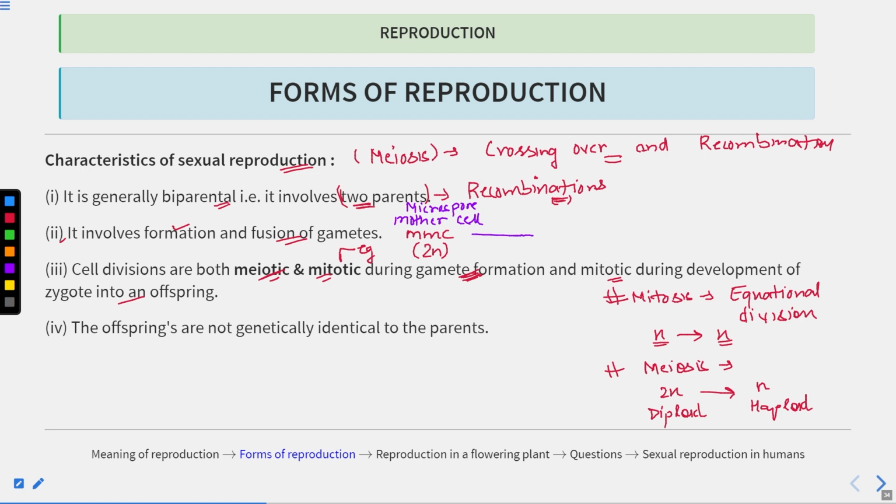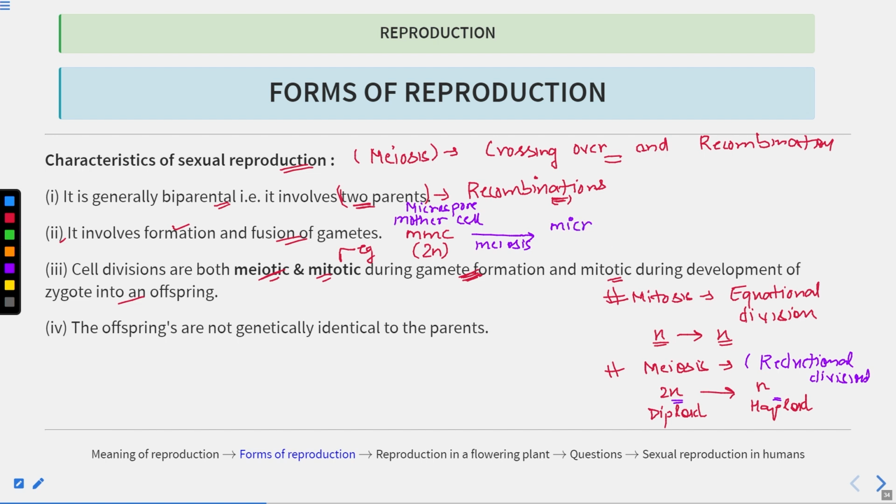Then meiosis takes place in this cell, and after meiosis, so meiosis is also known as the reductional division. Here what happens, if the individual was diploid, it will be transformed into the haploid individual. That's why meiosis is known as reductional division. Clear? So here after meiosis, this microspore mother cell will give rise to